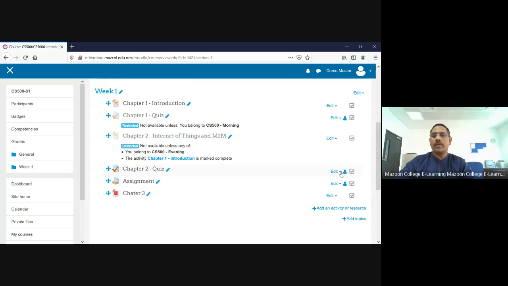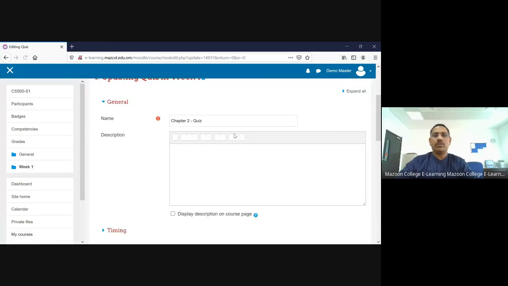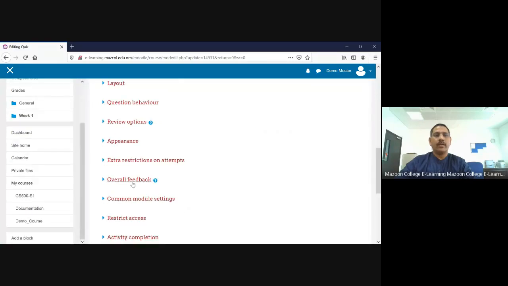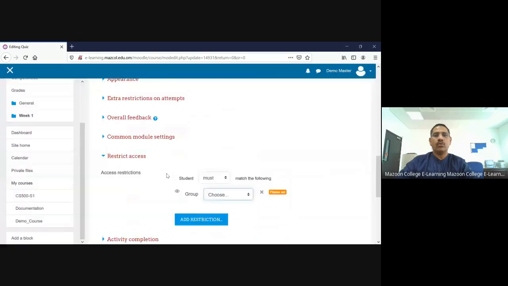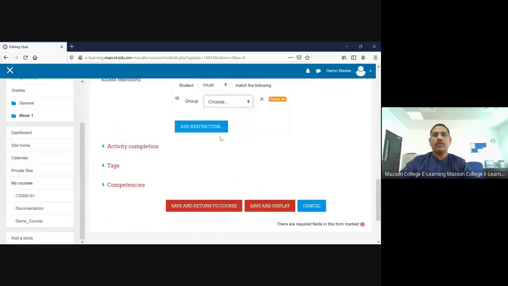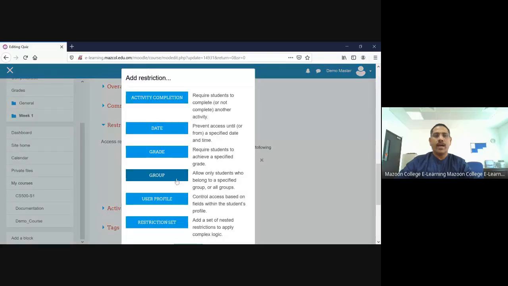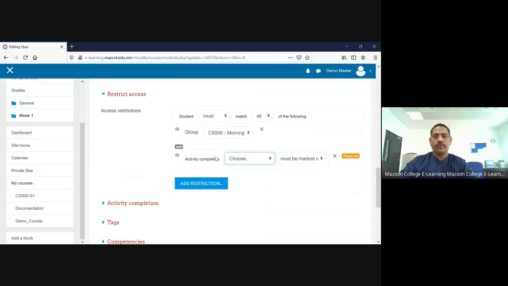Now go back, one more option I'm giving: edit settings, chapter 2. In chapter 2, I'm again adding a restriction, add restriction, and go to group. For this group, I'm going to give the morning session. I'm going to add one more, and for an example I'm choosing activity completion, and the chapter 1 quiz, must be marked, and the operation I'm using is all.